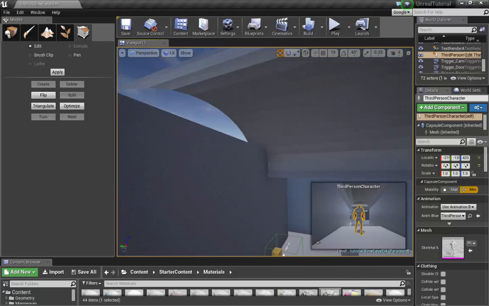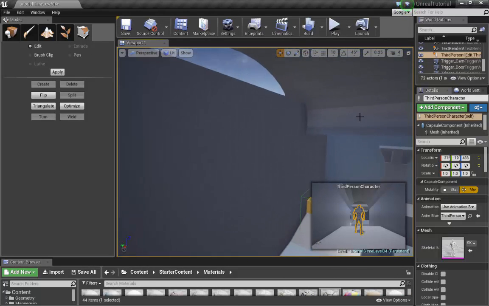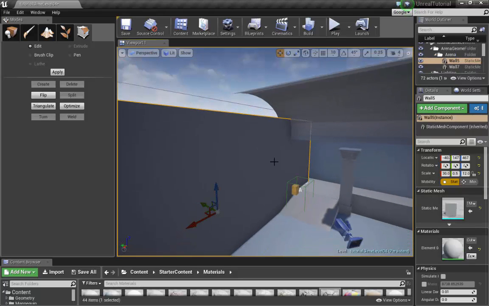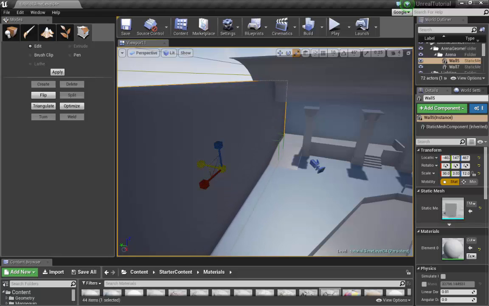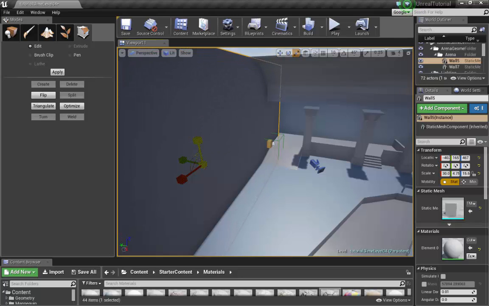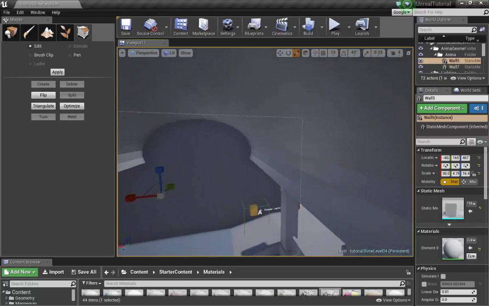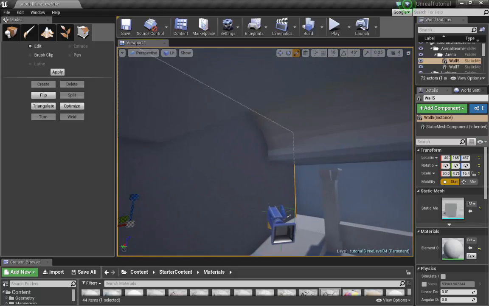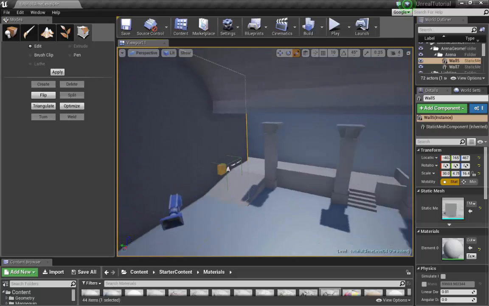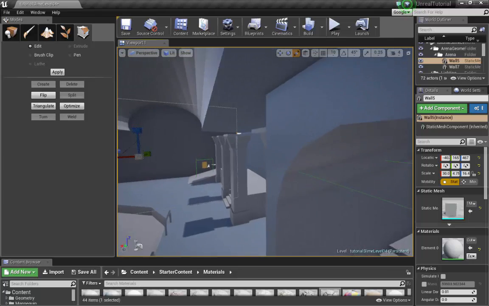Alright, for the hole in the wall, this is a static mesh. Let's just make my life easy. And since it's not going to subtract, we'll just make this bigger. Remember, we're working as a block mesh. We're trying to block in the level. We're trying to make it look good, feel good, but at the same time,